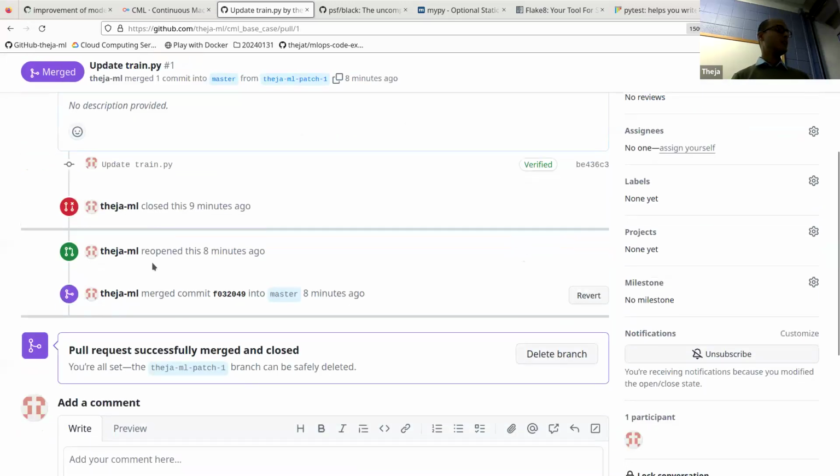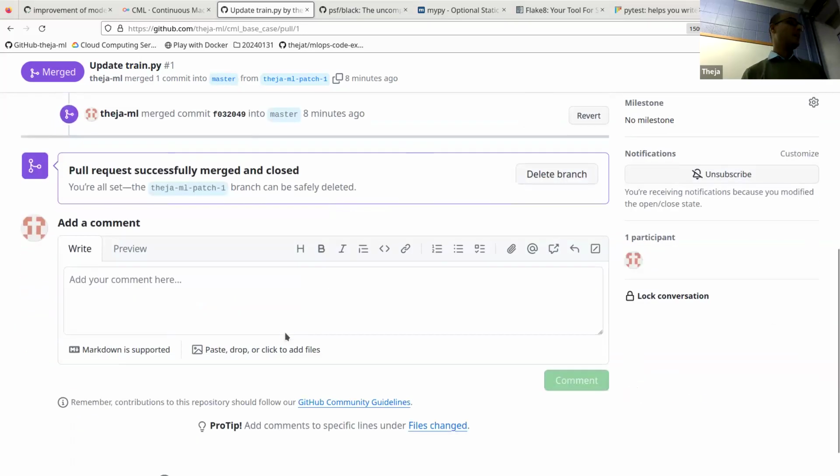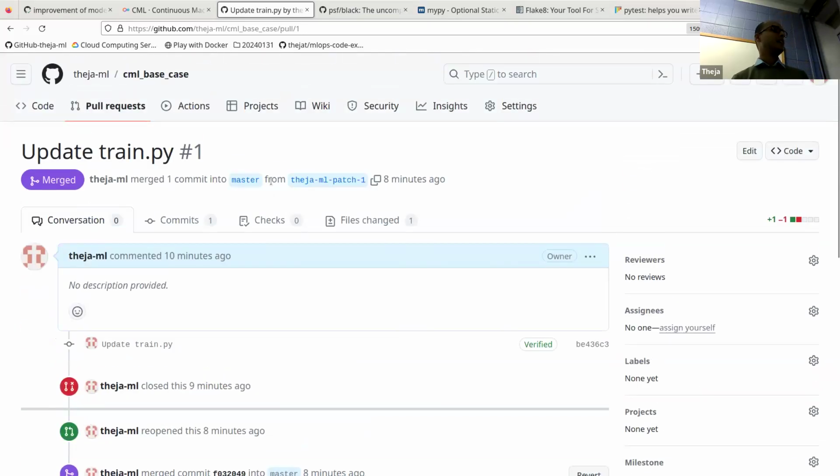Because we did that one change, it said the pull request was merged and closed. This part is not blocked by GitHub Actions or the continuous integration part. But because we did that, it triggered a job, the job of validation and attaching that confusion matrix. How do we know this?